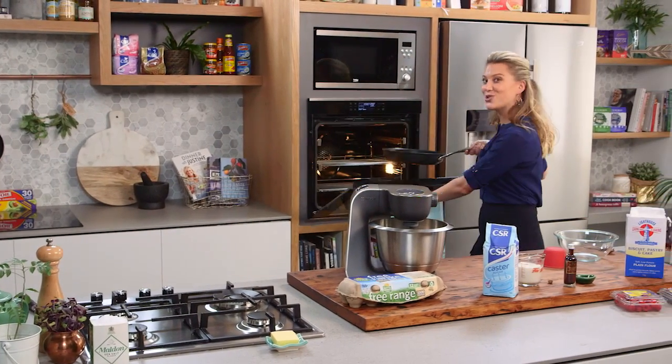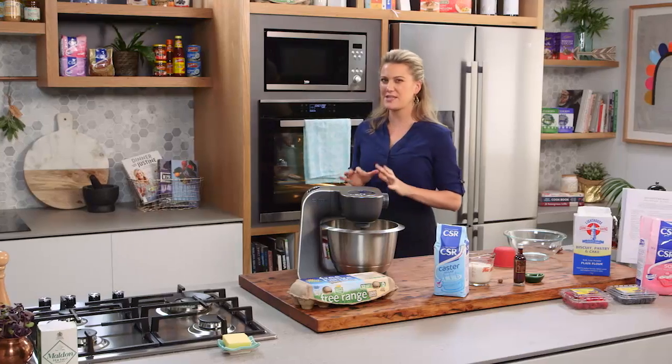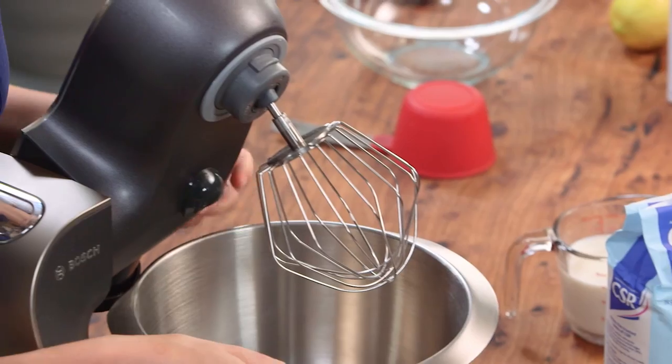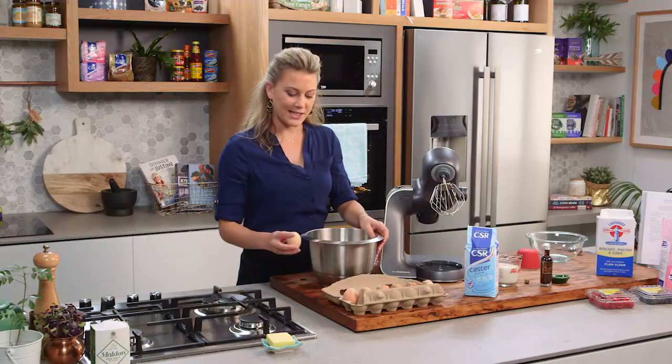And I'm going to heat it up in the oven. My oven is set to 200 degrees, so we're going to place that in the oven for about 5 to 10 minutes, which gives me just enough time to make the batter. Now this is very simple. It's exactly like a normal pancake batter, but we're going to start by whisking 3 whole eggs with a tablespoon